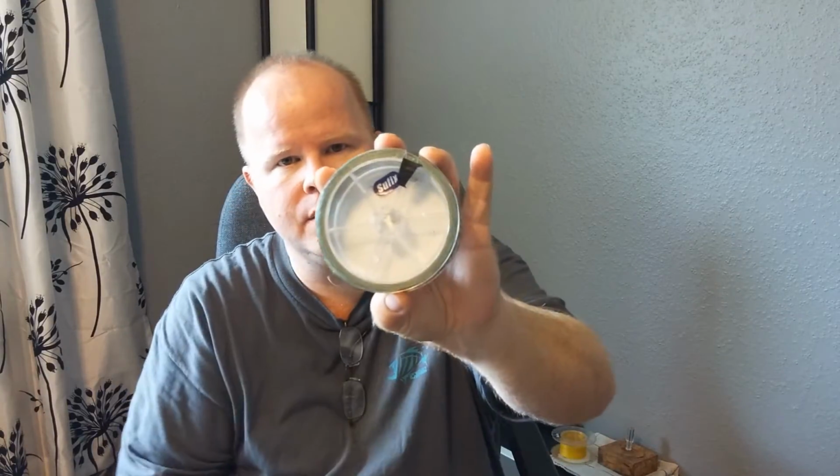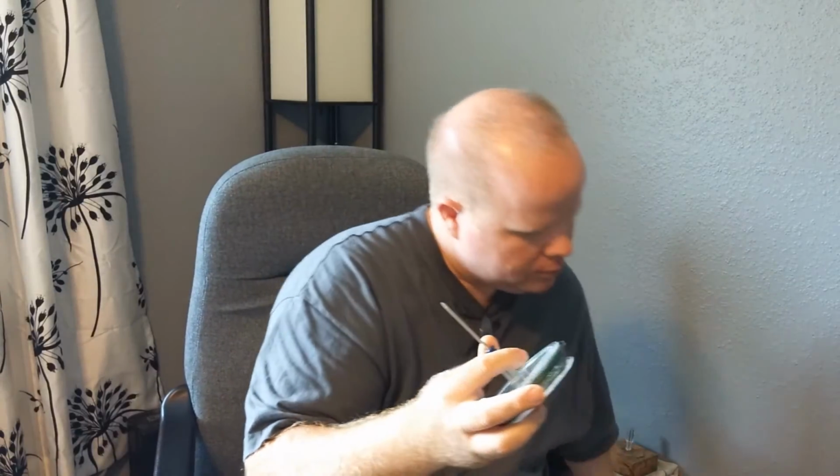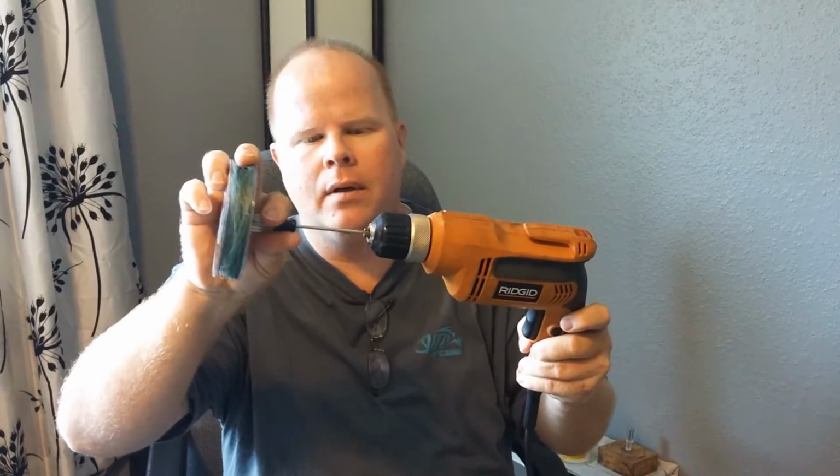When you get a spool of braid the first time, I love the Suffix because they come in these awesome plastic spools, and they have this cool little angular inner section there. I have found over the years, oddly enough, that my little tiny Phillips screwdrivers fit in there perfectly and help me get these spools on and off, easily spooling. So what I do, stick that in there. Get my drill, I'll slide it down in there and I'll tighten it down, and then I'll spool it off